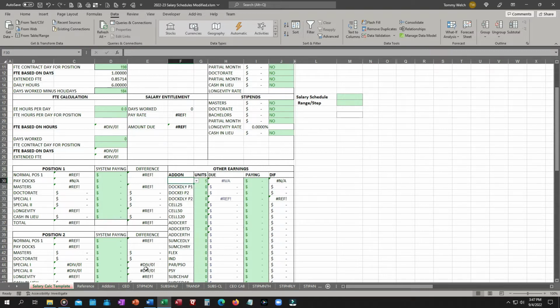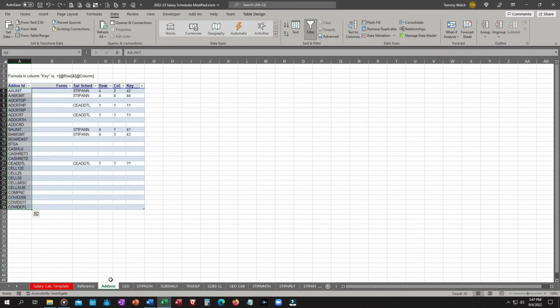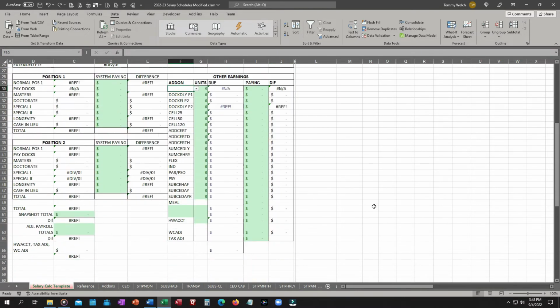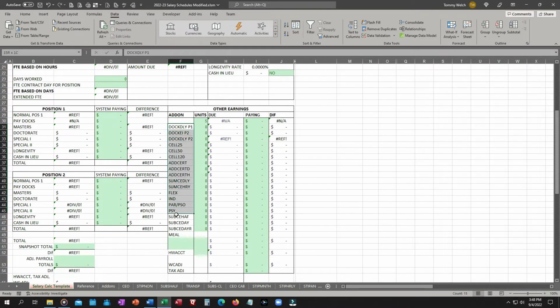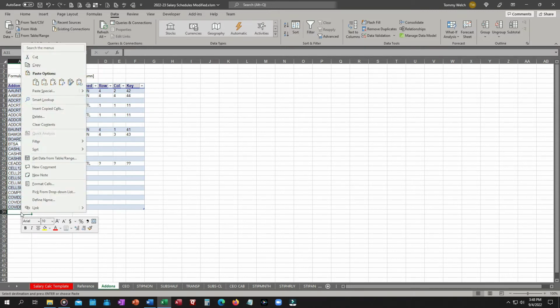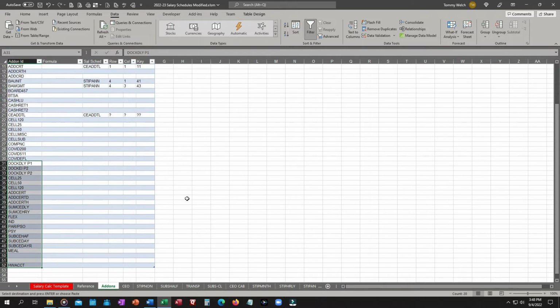Oh, we don't have the excess hours add-on that was supposed to be in there. So I will have to add that back in so that I can pull that down. Probably should make sure that we have all of these, because when I went in and deleted all those additional rows,